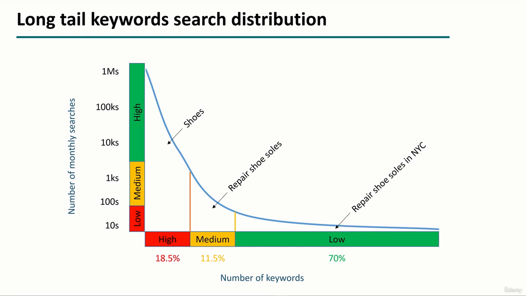In conclusion, this chart visualizes the inverse relationship between keyword lengths and search volumes. As we traverse from left to right, moving from shorter to longer keyword phrases, we observe a decline in search volume, indicating the predominance of long-tail keywords in user searches. It accentuates the importance of leveraging a balanced keyword strategy, incorporating both high-volume generic terms and low-volume specific phrases to optimize visibility and conversions in search engine optimization strategies.